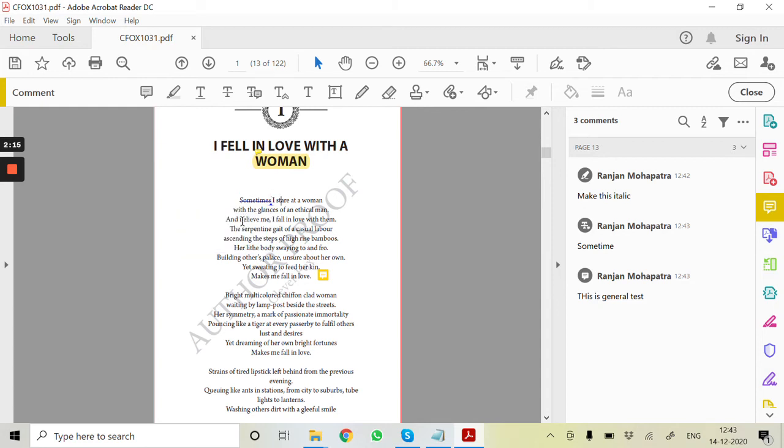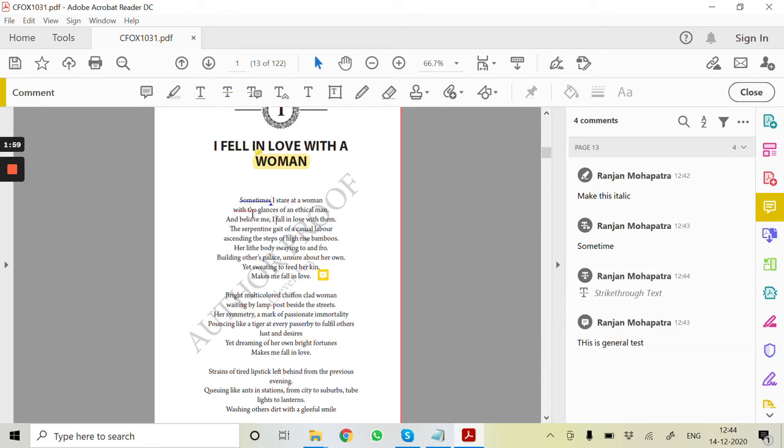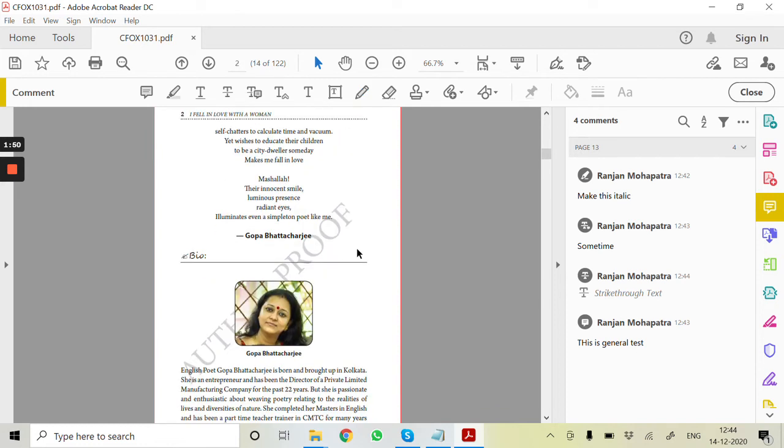This will be easier for your typesetter and the publishing consultant to understand what correction exactly and where is the placement. And if you want to delete a text, in that case you have to use this option. When you put the cursor over there, you can find it is showing strike through text. So let me click on that. Now you can see how easy it is, like you are editing on MS Word. So this has been deleted.